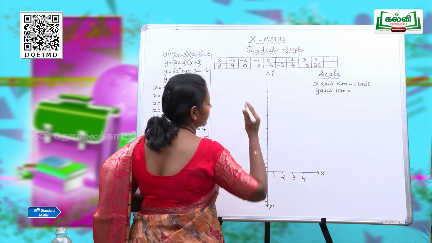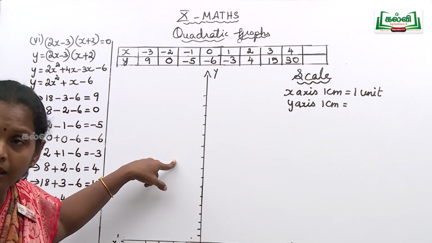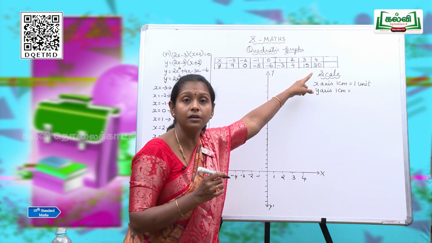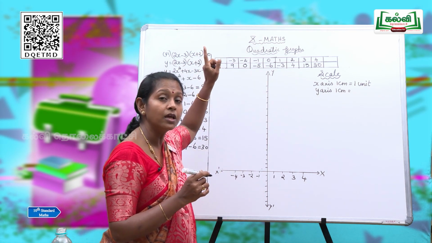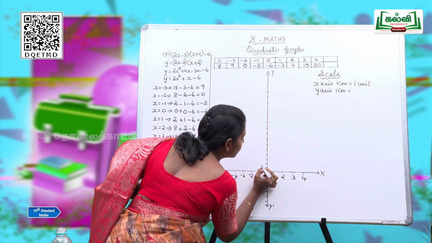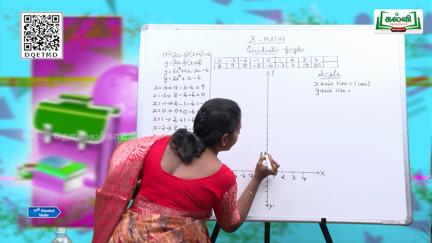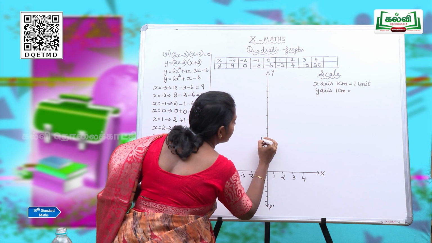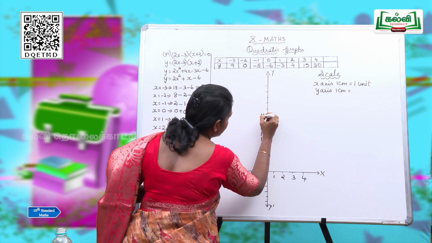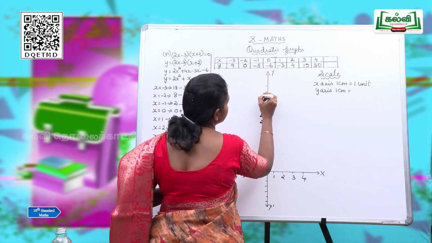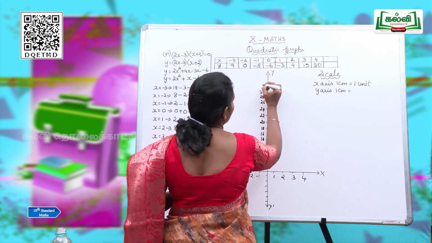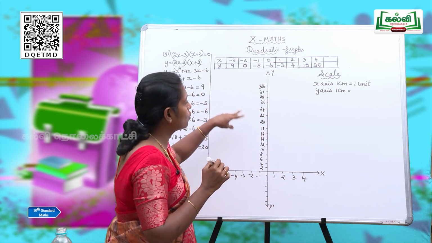Now, we are going to mark it. Instead of 1, 2, 3, why don't we take 2, 4, 6, 2 units each. Better we take 2 units because of 30. You cannot write 1, 2 up to 30; the diagram will be very big and very difficult to draw. So, 2, 4, 6, 8, 10, 12, 14, 16, 18, 20, 22, 24, 26, 28, 30. For the safer side, we will take 1 more point, 32. So, 2 points you have taken.